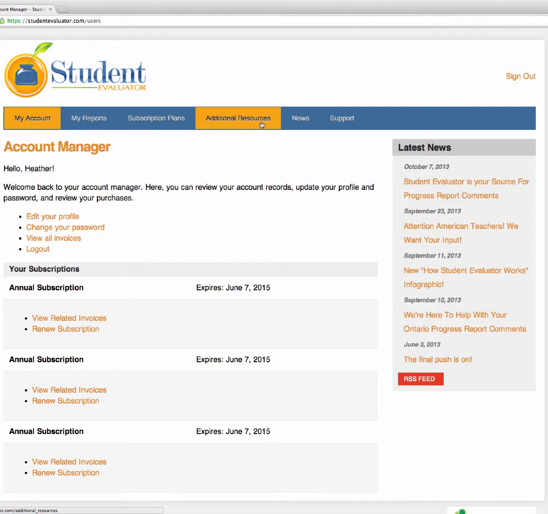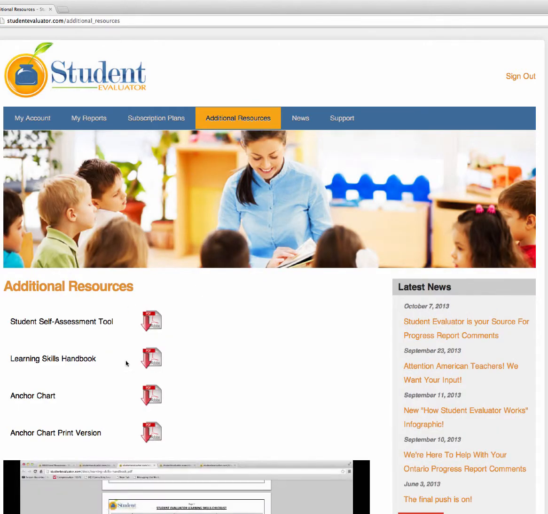Across the top you'll notice a brand new toolbar. On this toolbar you can create your new reports here. You can look at your subscription plan here. You can check out our additional resources on this page, which includes a student self-assessment tool, a learning skills handbook, an anchor chart, and an anchor chart print version, which can be printed out on a larger scale for a poster. If you wanted to post one up in your classroom,